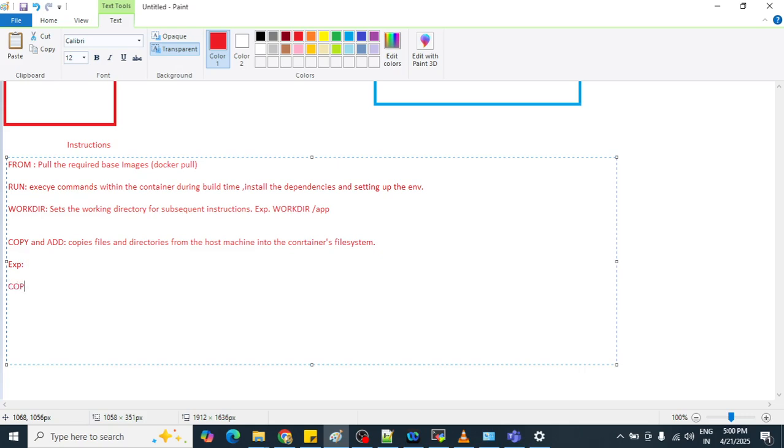suppose we need to copy all the content which is currently present inside your directory. I want to copy all the files which are present in my current working directory, and we need to move them inside your /app. Then we can use the COPY like that way. Okay, and